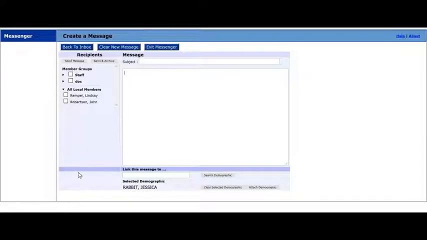We can create a new message. And if you look down here, this is already attached to this patient's demographic. And then if I send this to myself and click on send message,